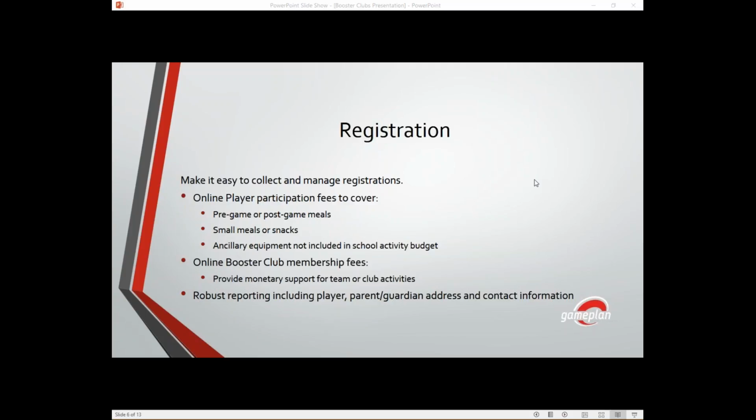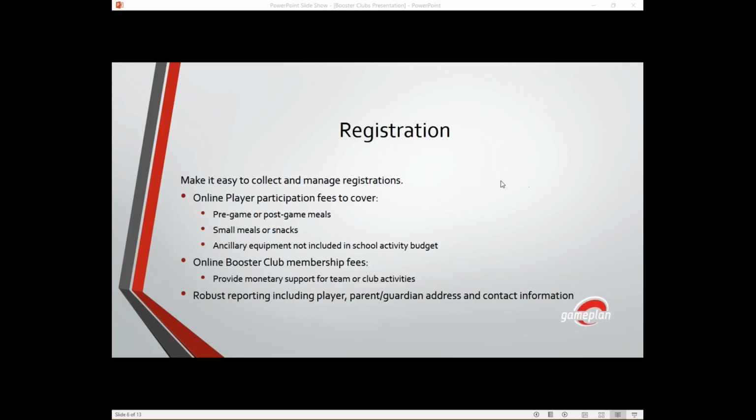Another organization here at our high school, it's called Young Life. And they go to camps all over the country. And they're using an online registration very similar to this through their national organization. So it provides an opportunity for your club to register players, collect all the information from them, and handle the